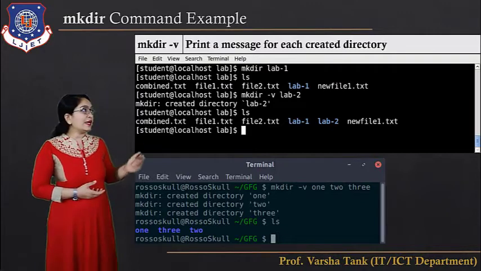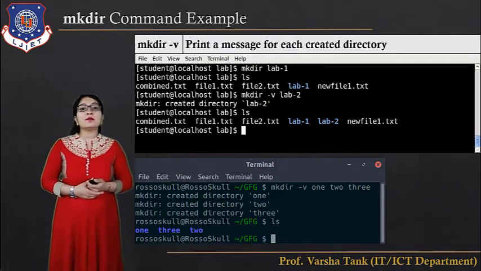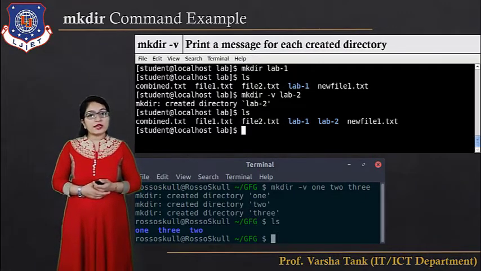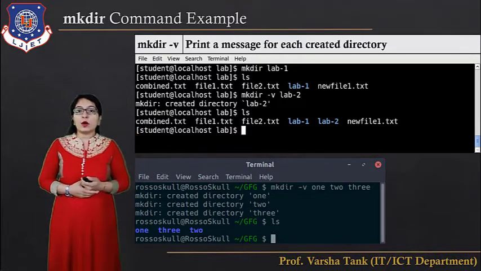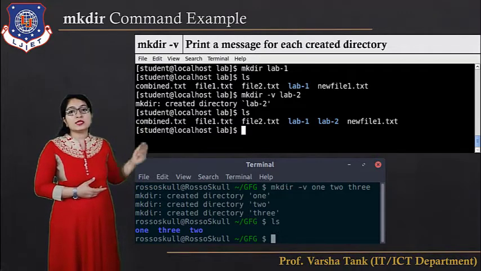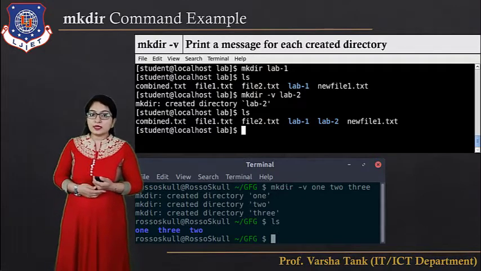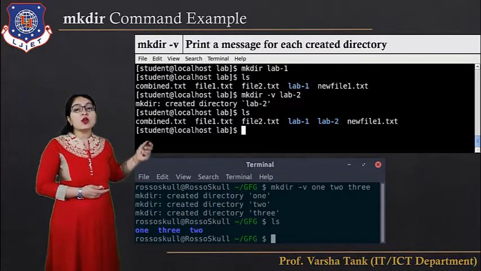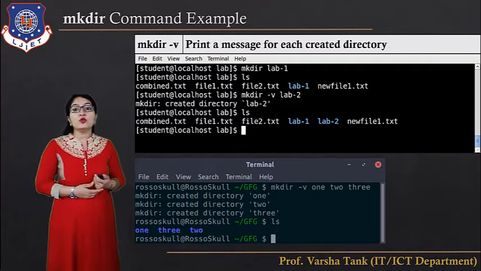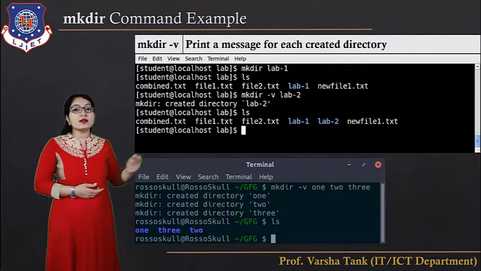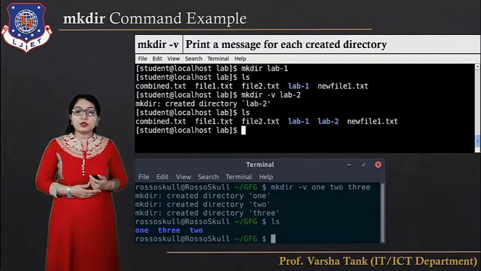Now next mkdir -v, that means it prints a message for each created directory. Okay, so here mkdir lab1, you can see lab1 is created, but there is no message. But here if you write mkdir -v lab2, it shows mkdir: created directory lab2.